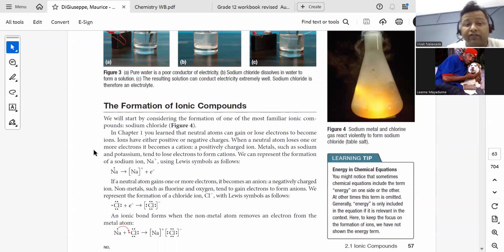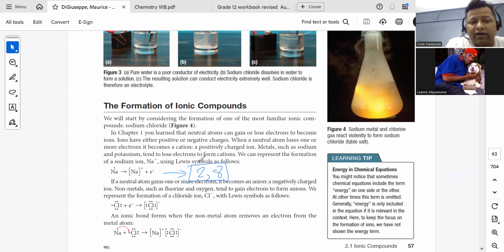We already discussed the formation of the ionic compounds. We took the example of sodium. Sodium forms a cation by losing an electron. Chlorine forms an anion by gaining an electron. Why does sodium form a cation? Because it loses an electron. But what happens when it loses an electron? It gains a stable electronic configuration